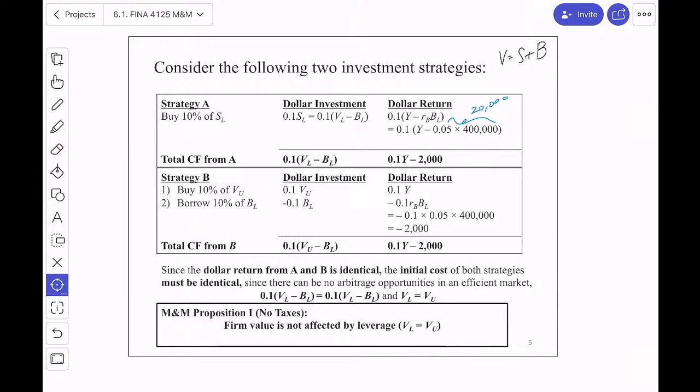But then this has to be 10%, right? Is the dollar return to strategy A. So 10% of the dollar return and 10% of the payout to bondholders. So, okay, what we have here is the dollar investment and the dollar return. Everything okay so far? So strategy B,